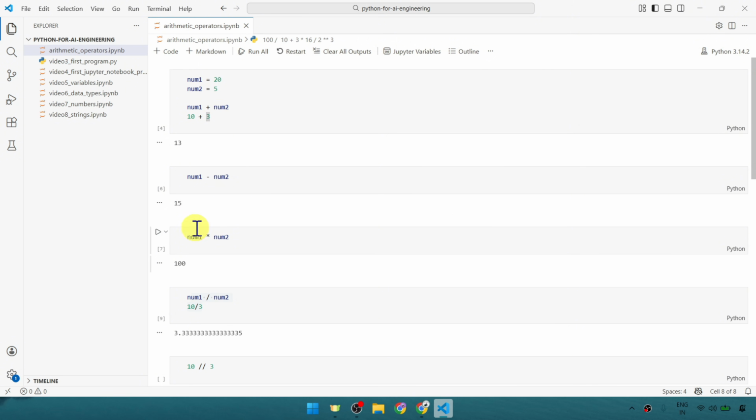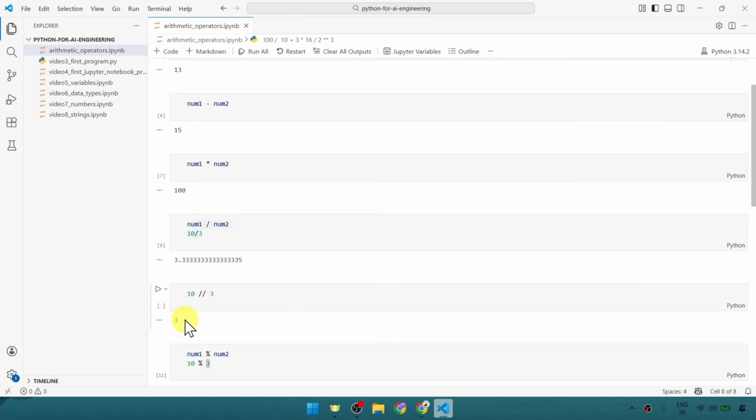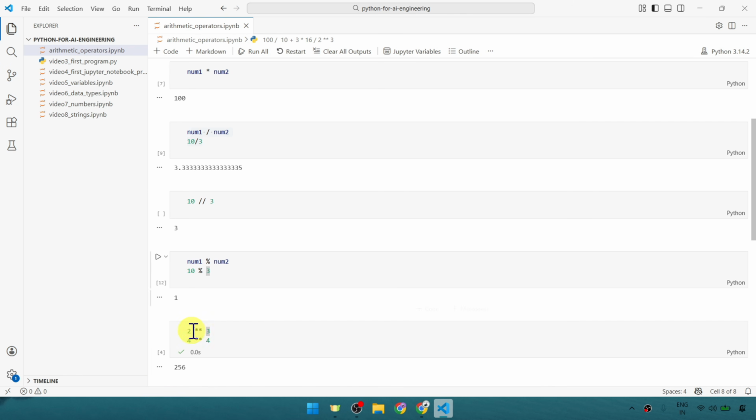Then we performed multiplication by using this star, division by using this /. Then we performed floor division where we got just the integer part from the division. So it was 3.333 like multiple division values. But we have got this integer part only. Then we performed modulus operation using this percentage symbol, where we get remainder of the division. So like 10 modulus 3, so we got remainder 1. And after that, we saw that we can also perform exponent or power operation, where we need to provide double star. So here we got 2 to the power 3, which is 8, and 4 to the power 4 is